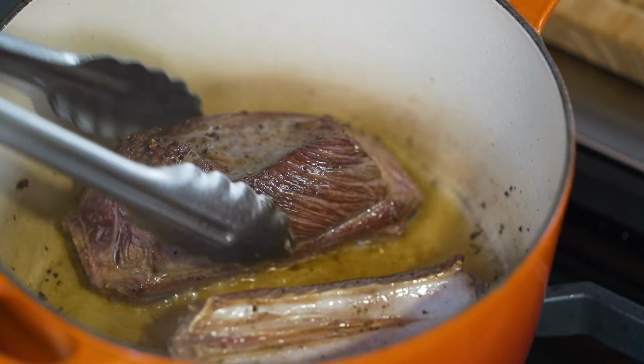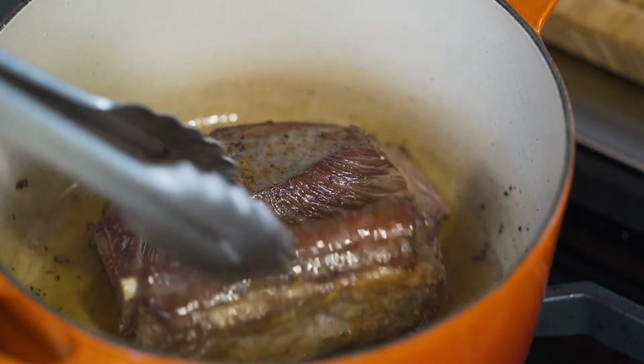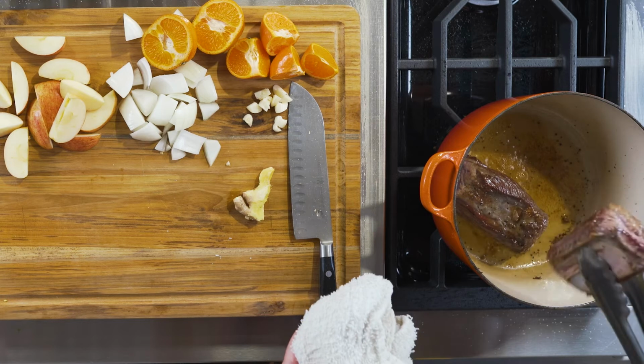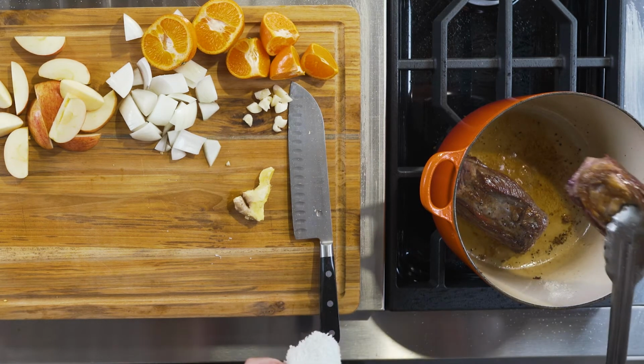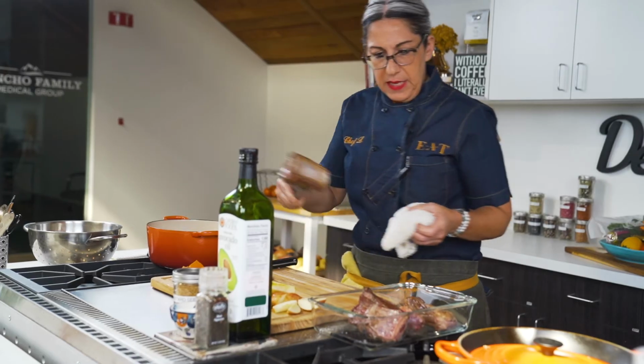Okay, so we almost have all 4 pieces seared. We got a really, really beautiful browning. Check that out. Beautiful. So I'm going to transfer these to a glass pan and let them sit for just a minute